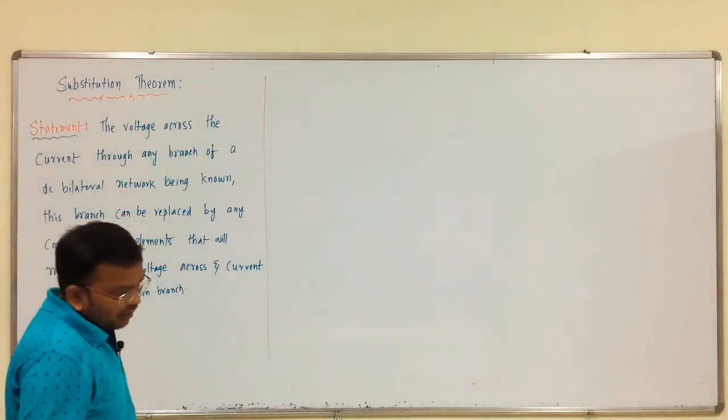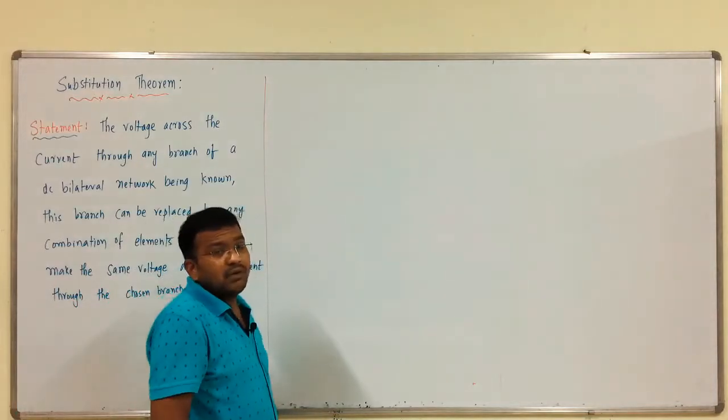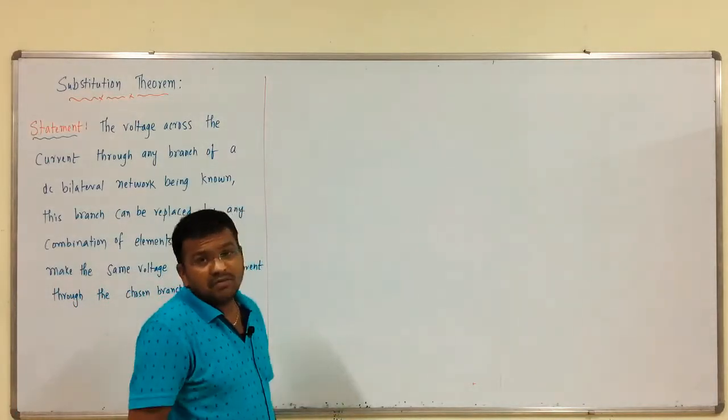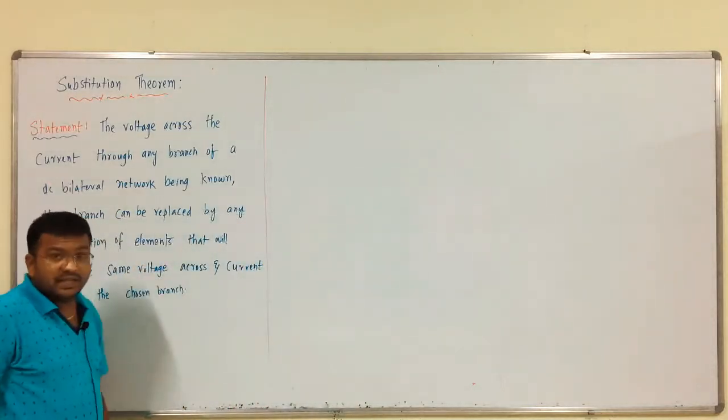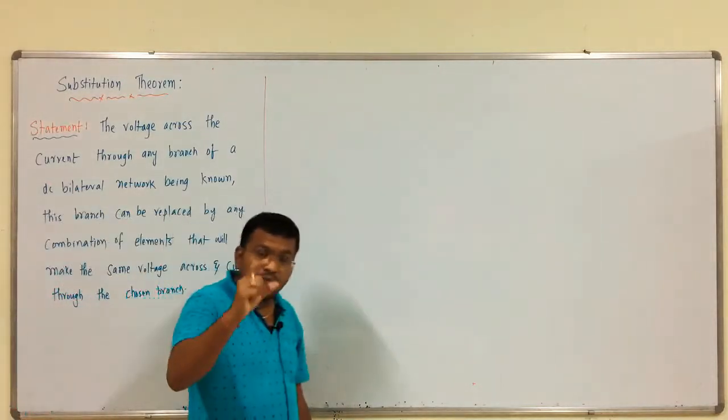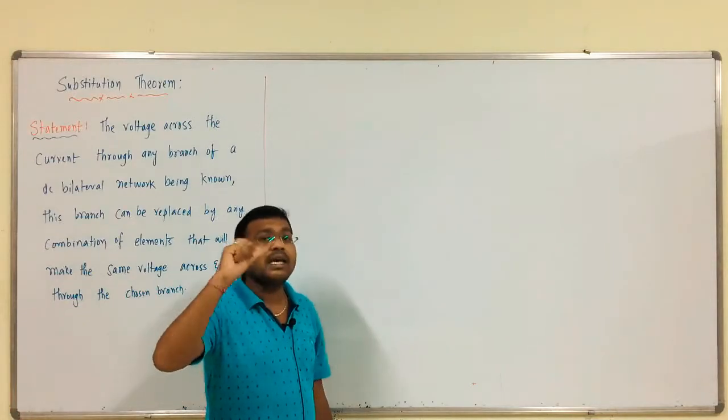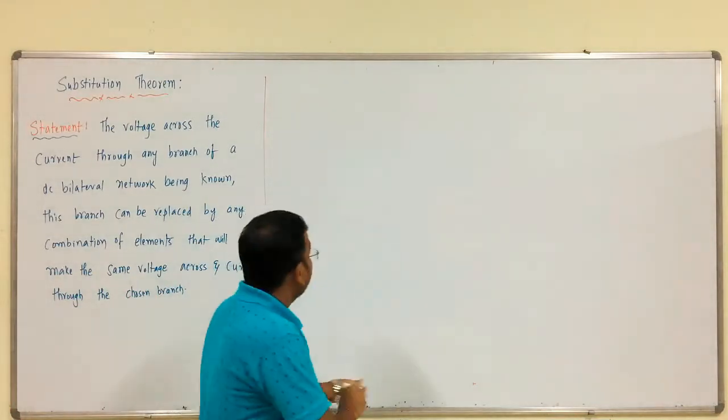chosen branch. Means what? We have to modify the given circuit into n number of circuits, but in any case we have to get the same voltage across any branch. That is the meaning. For example,